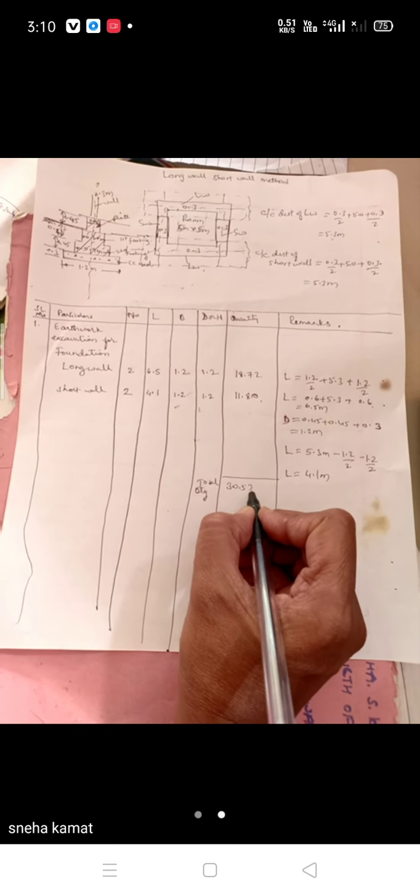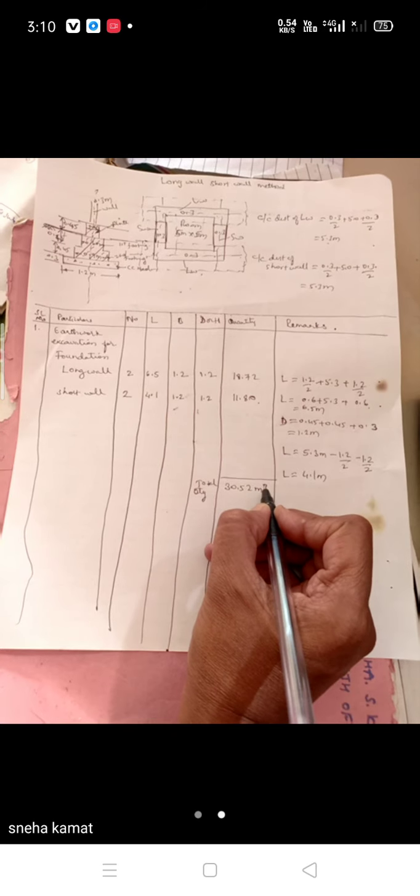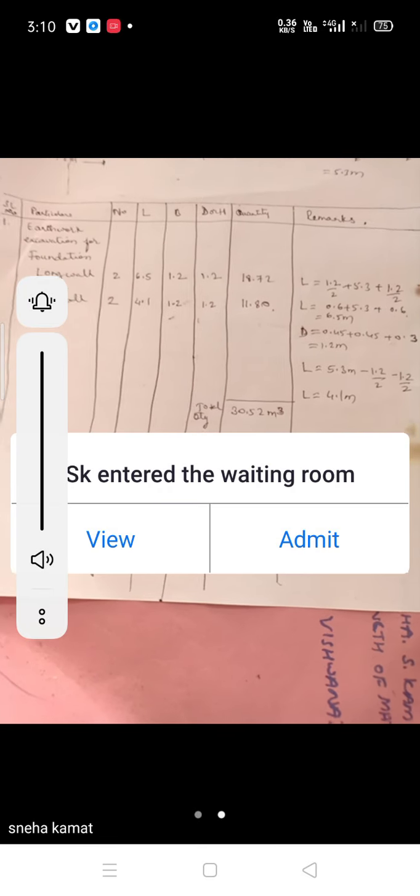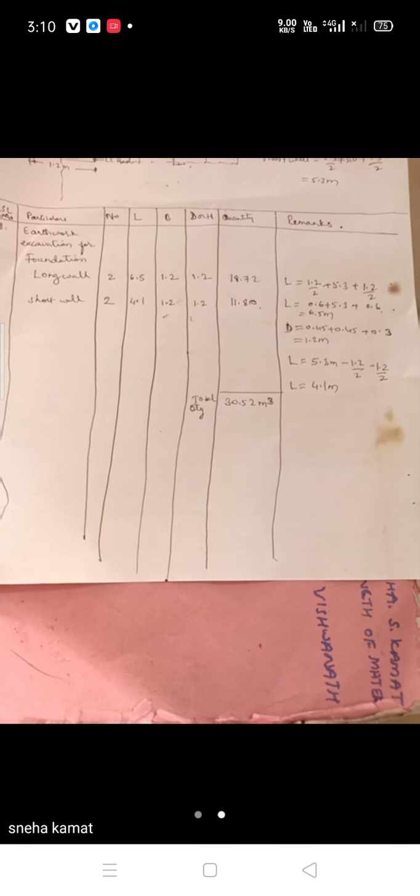It will be 30.52 meter cube. So this is how we calculate for earthwork excavation.